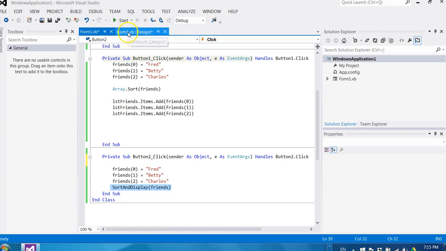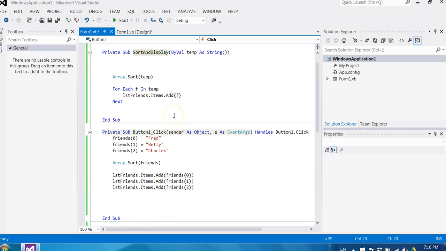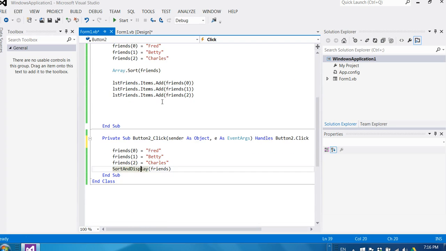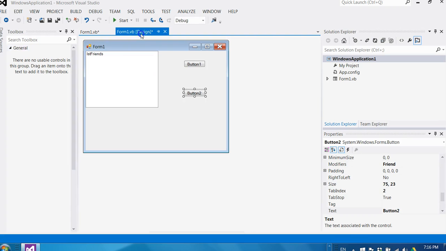So what's going to happen? Notice that I didn't do any sorting here. I didn't do any displaying here in this subroutine, except that I called this sort and display function, which we wrote up here, which does the sorting and the displaying, right? So we are going to sort and display, but we're going to do it with the subroutine that we just wrote. Okay, so if we try it,